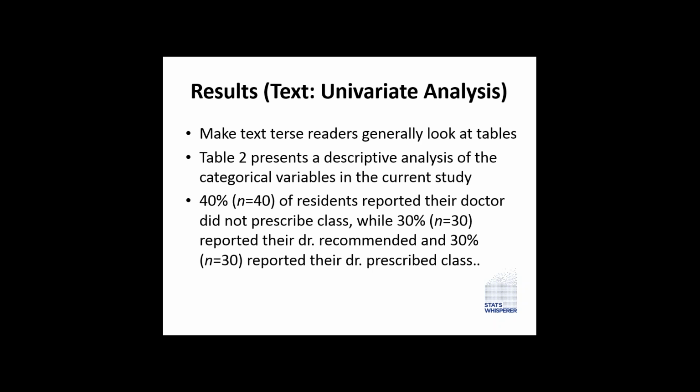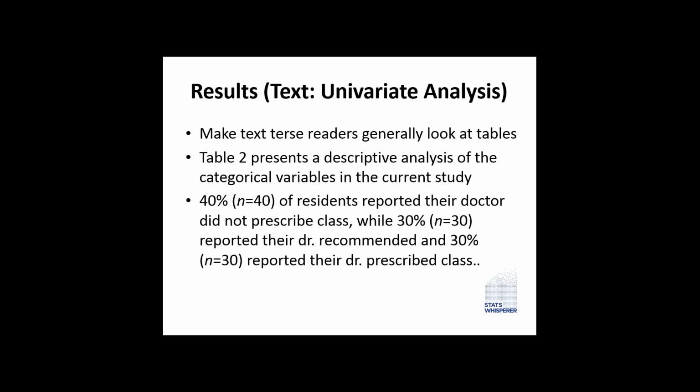Now, here's where we have the text. The first thing to remember about the text is make it terse. Generally, people don't like to write a lot about statistics like this because it could drone on for paragraphs. But that's okay because the reader doesn't want to read a lot of writing about statistics. They like to look at the tables, right? So you should try to make the writing terse and just refer to the major categories within each